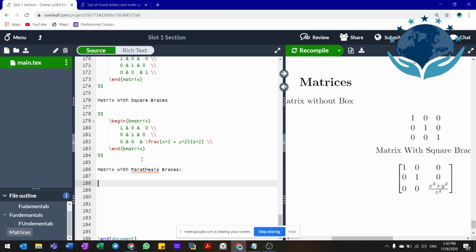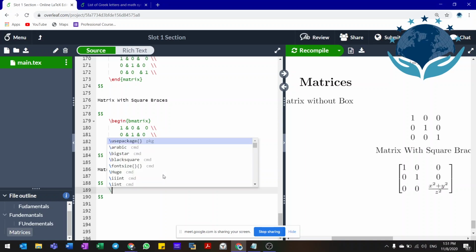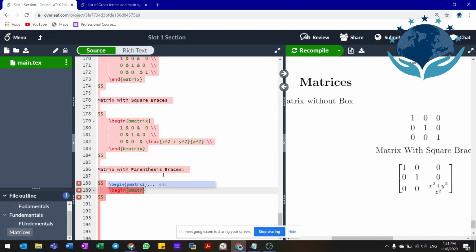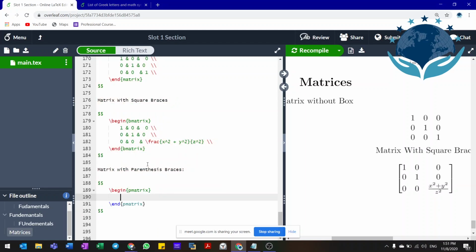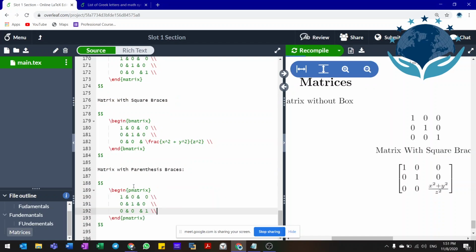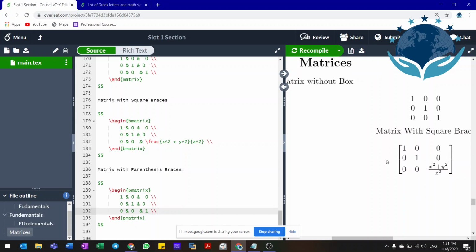There are people who write the matrix in square braces, and some people write it in parentheses. For those who write it in parentheses, we can use begin, instead of the B matrix, the P matrix. The same content can be repeated here. The only thing is, with the parenthesis matrix you can have